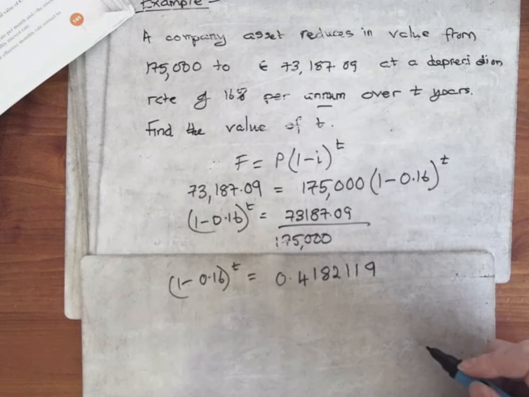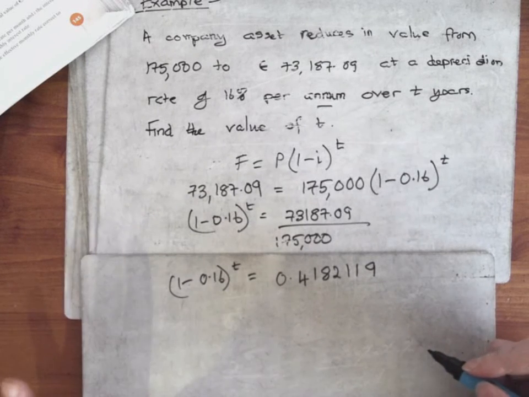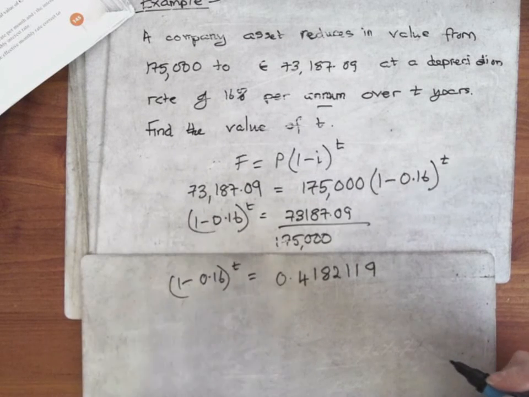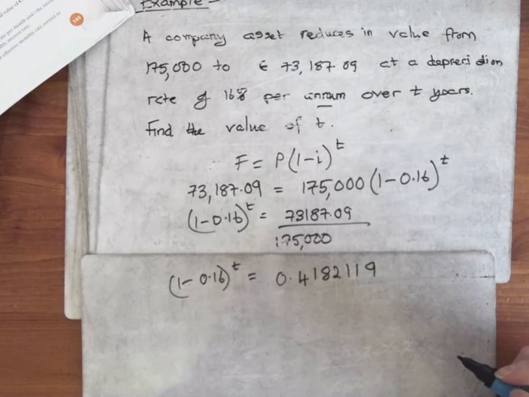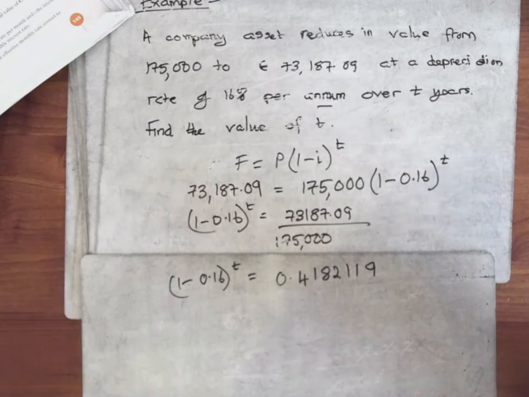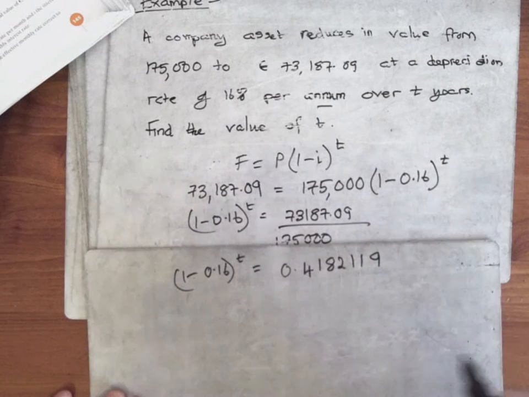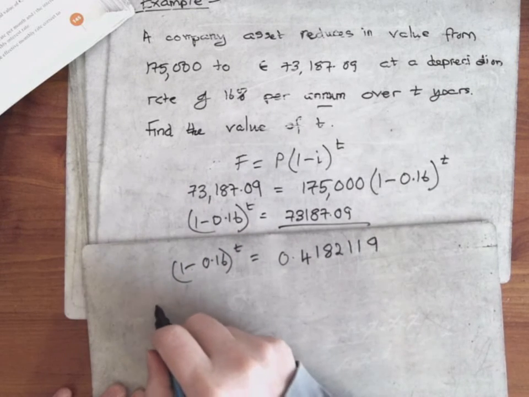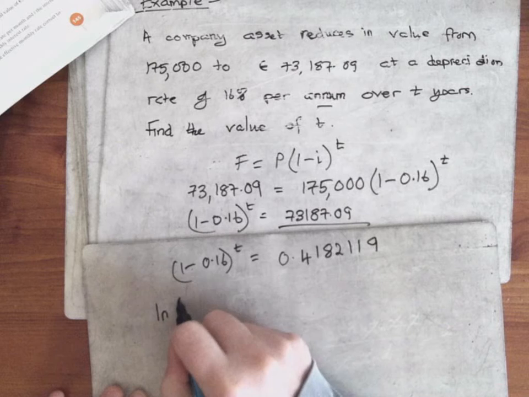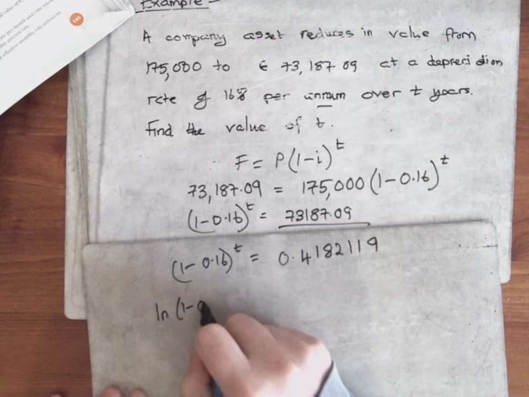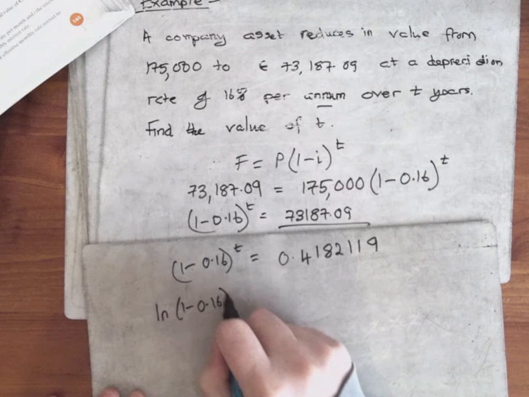Now, when we're missing the power, we have to get the log of both sides. Which log do you use? Log to the base 10, or log to the base something else? You can use whatever base you want. I always tend to use ln, I don't know why. But you can use any log as long as you do the same thing to both sides. So if you get the ln of both sides,